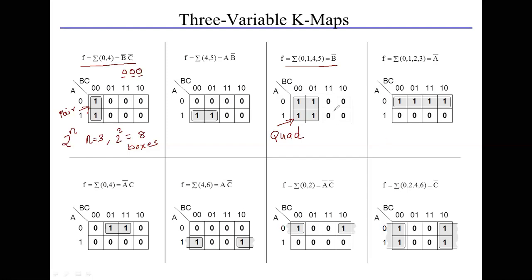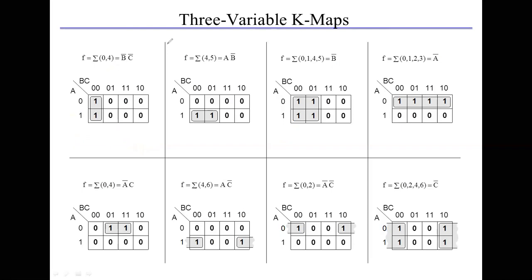This is one form of a quad, and this is the other form of the quad, with the function f being the sum of all min terms 0, 1, 2 and 3. And this is the reduced form of the equation, that is A bar. Now how we are getting this A bar, or this B bar, or this reduced term, we will see.